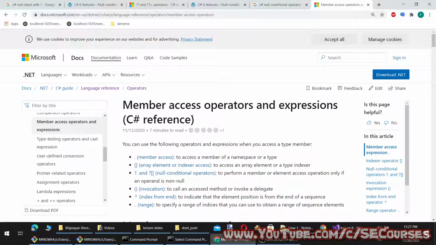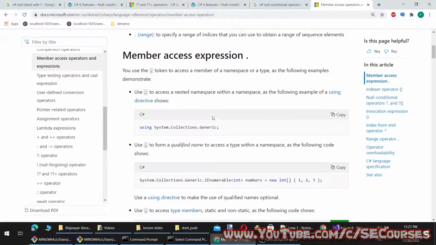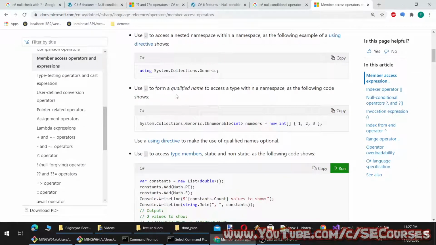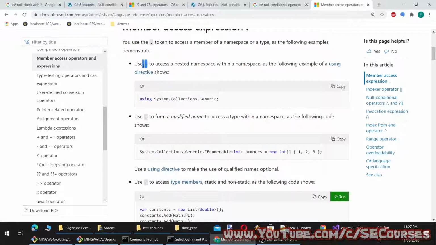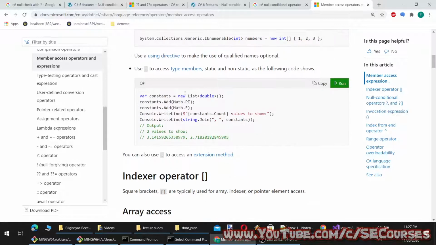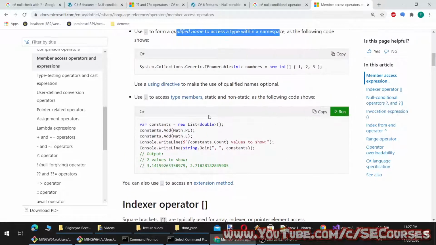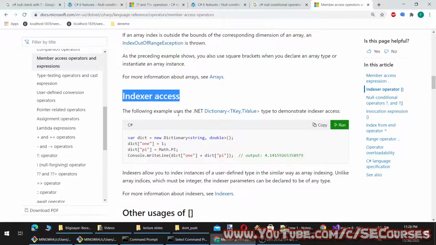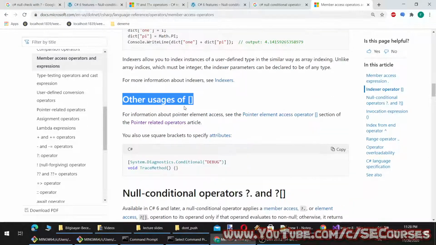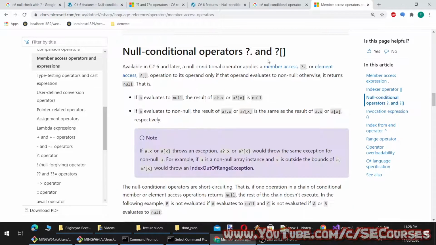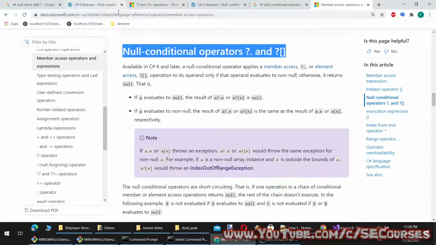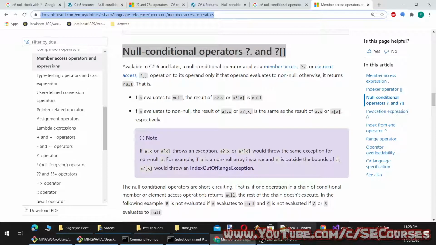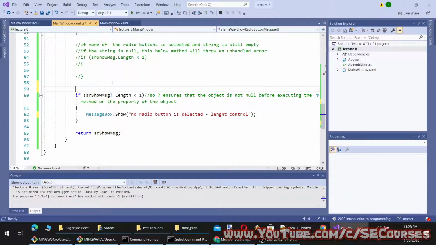Yes, so it is under member access operators and expressions. You see it is showing the dot to access a nested namespace within a namespace. That is how we call methods or properties. Index operator like this, indexer access, other usages of index. Okay, null conditional operator here. So this is called the null conditional operator.